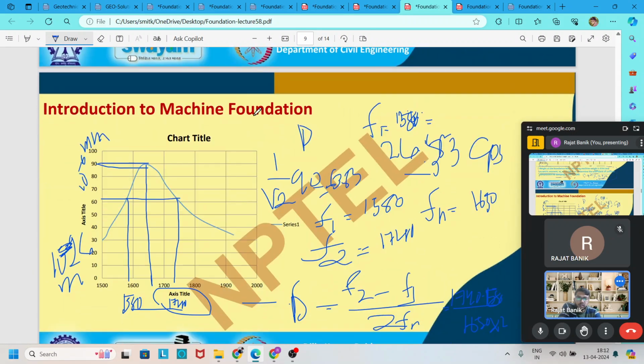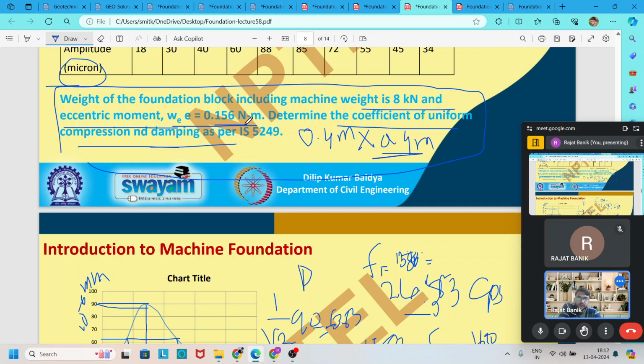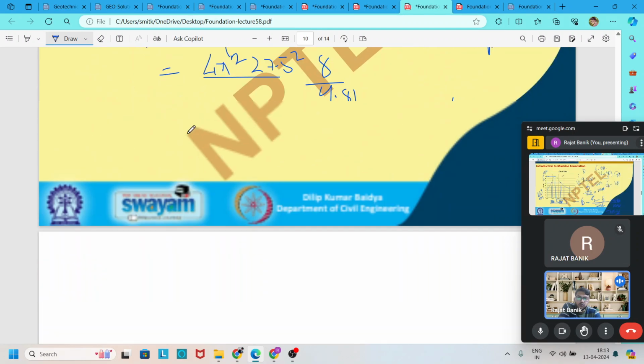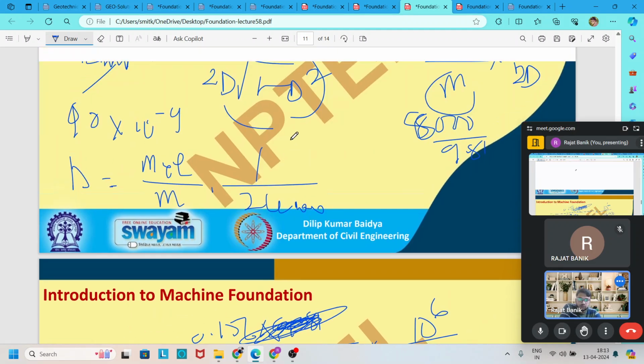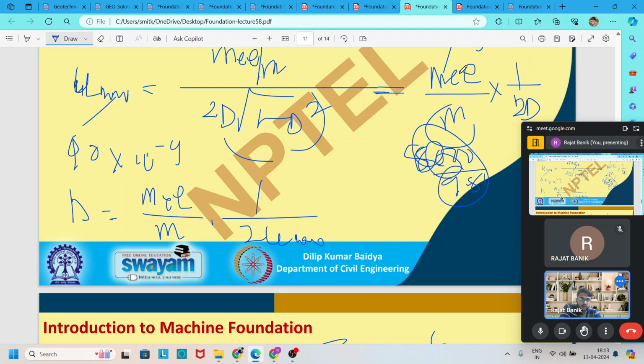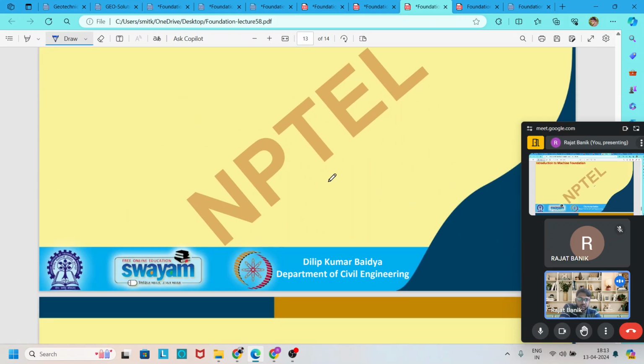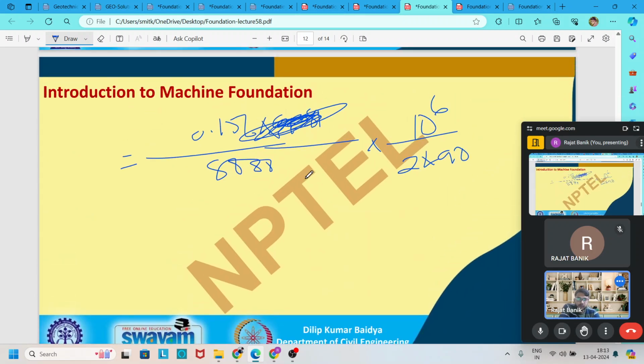So I'm mistaken. It is W. So there is no need to divide by 9.81. We have to remove 9.81, because here we multiply G, and here we also multiply G. So it becomes W, and it also becomes WE. So the answer is 0.156